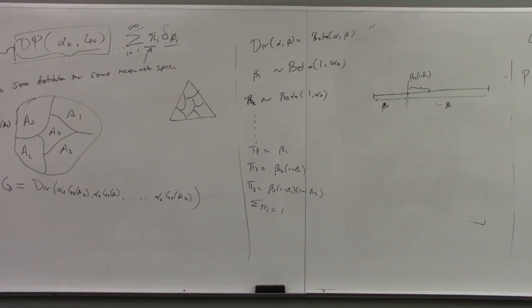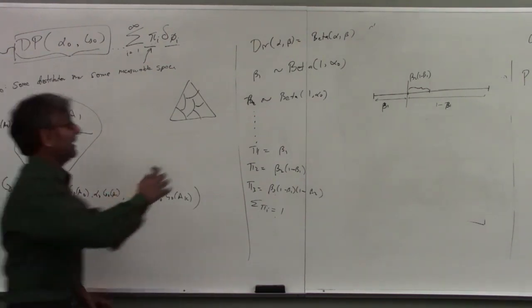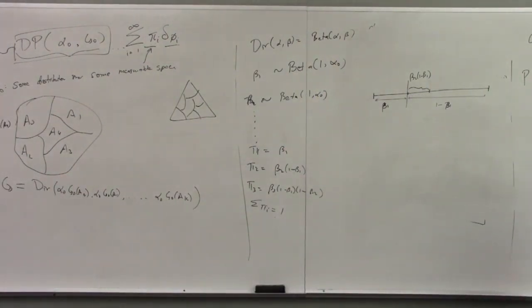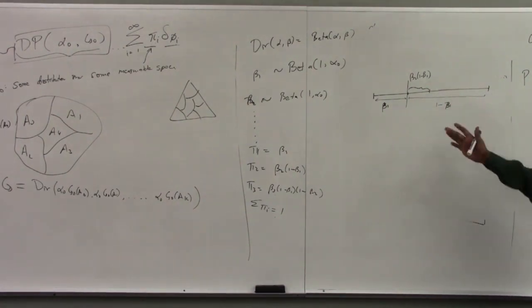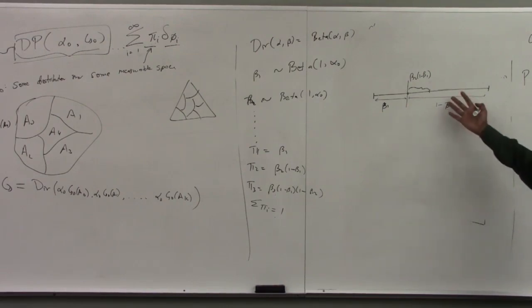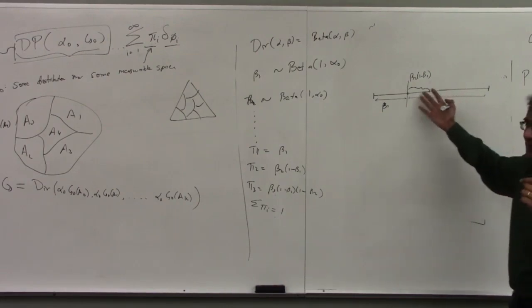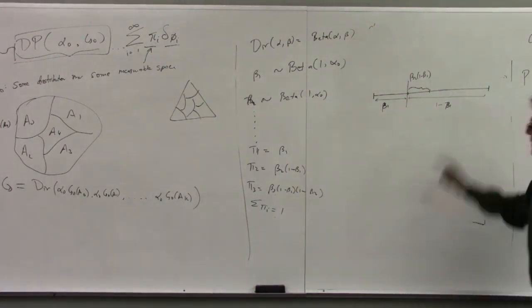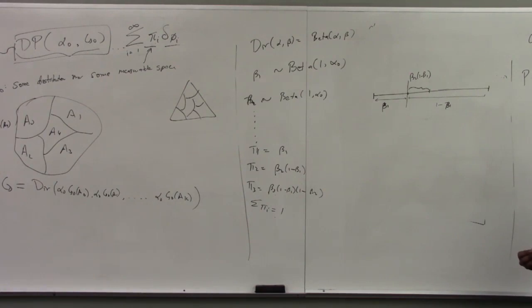Yeah. So how do we get beta 2? I just wasn't sure. You sample, but each beta i is drawn from a beta distribution. Yeah, but why did you multiply it there? You multiply it. So you think of it this way. This is a sort of imaginary process that helps you see how to make sure it sums to 1. Yeah, so that will guarantee it sums to 1 in the limit. And because it's infinite, you can actually do that. Right, that's right. Then you will get all possibilities.